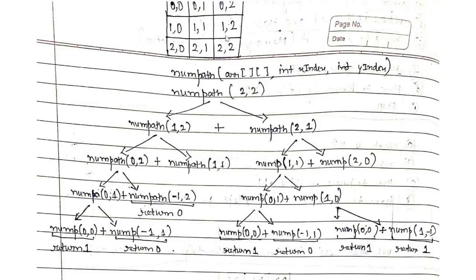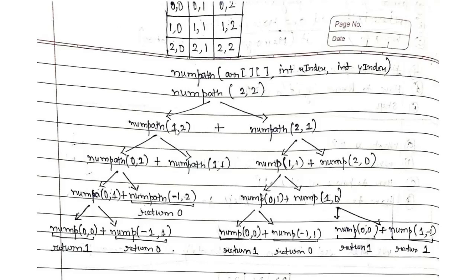Look, what is this 1 comma 2? If I calculate the total number of paths to reach 1 comma 2 from 0 0, and I calculate the total number of paths to reach 2 comma 1 from 0 0, and I add them, what would it be? It would give me the answer for all the paths with which I can reach 2 2, because I can reach 2 2 by coming down from 1 2 and coming right from 2 1. Hence if I know the total number of paths with which I can reach 1 2 and 2 1 from source, I would just add them, and that would be my answer for 2 2. That's what I have done over here. I have made an addition to total number of paths.